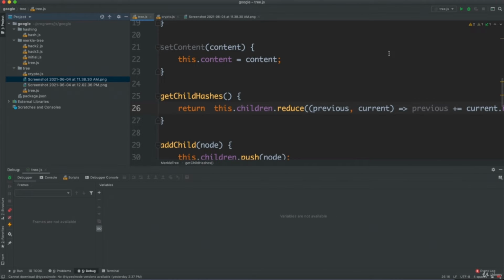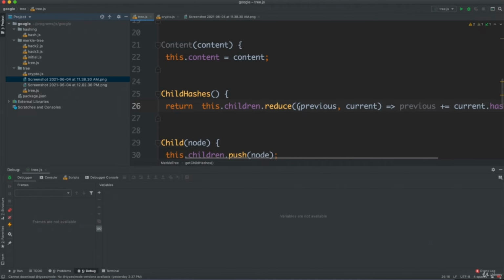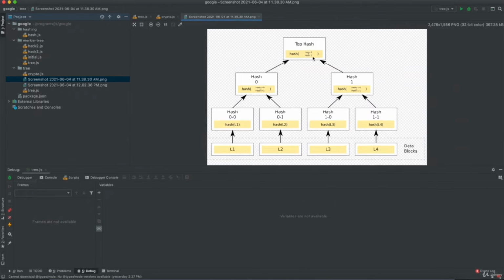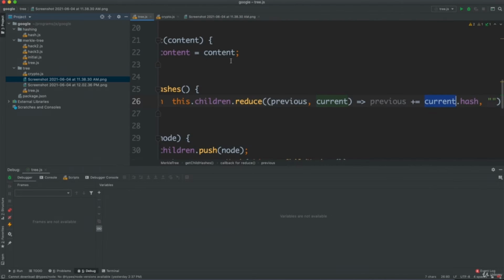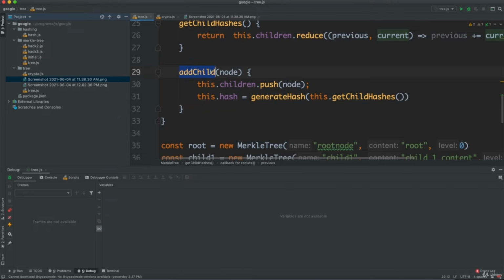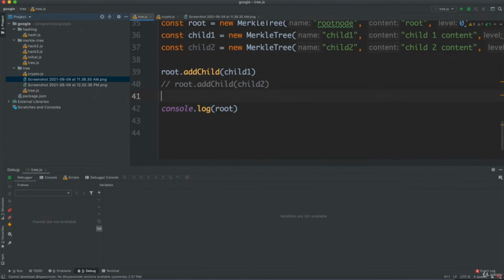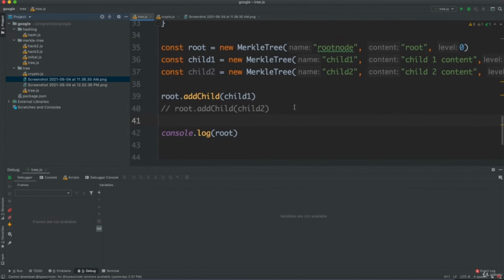So what it does is it runs over all its children, gets the current hash and appends it, so that when someone adds a new child into any tree, the tree's root hash would also get updated. Now add child, with the implementation of get child hashes, it's done. Now let us comment this line number 40. Now let us run